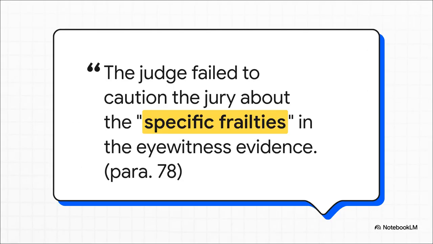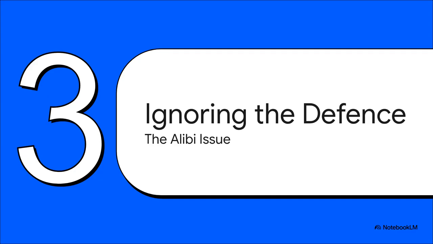And this brings us right back to the judge. See, the law says he was required to warn the jury about these specific problems. The hypnosis, the changing descriptions. But he didn't. He just gave a generic boilerplate warning that you could give in any case. He completely failed to connect the dots for the jury on how fragile this evidence really was. So the judge totally mishandled the Crown's evidence. But what about the other side of the coin? What about the defense's story? Well, the court found he failed there too, and it was a big one.